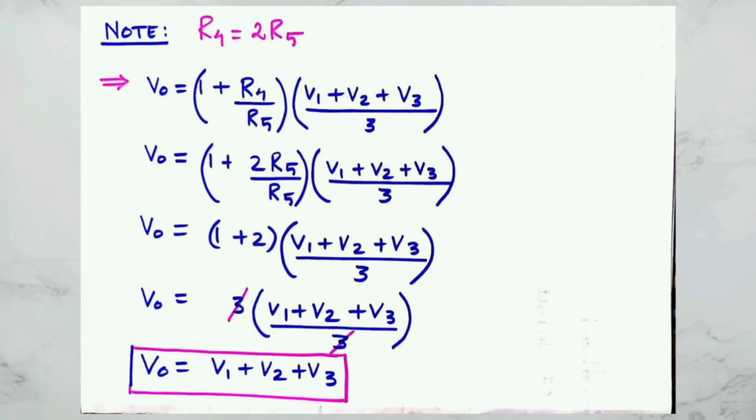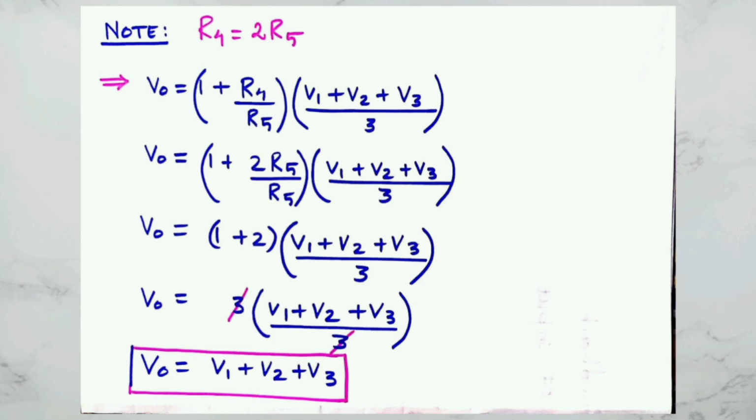That is not mandatory. It should be 2 times of the input resistor. No such thing. So you have to consider your feedback resistor in such a way that you get the number of inputs you have applied at the op amp circuit. So here we have 3 inputs. So to achieve the number 3, you have to consider your feedback resistor in such a way that you have to get number 3. So I have taken it as 2 times of R5.